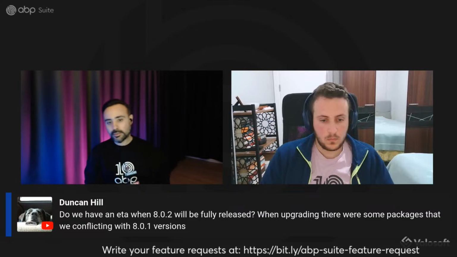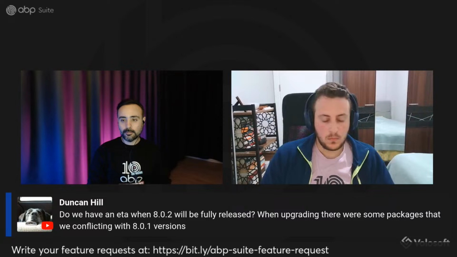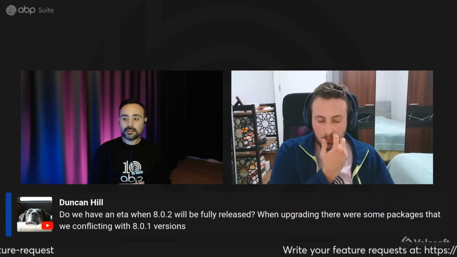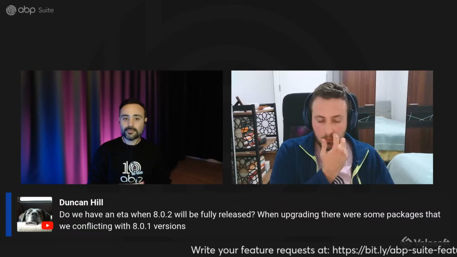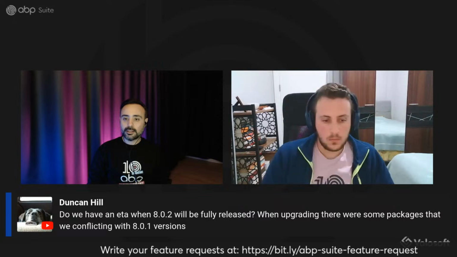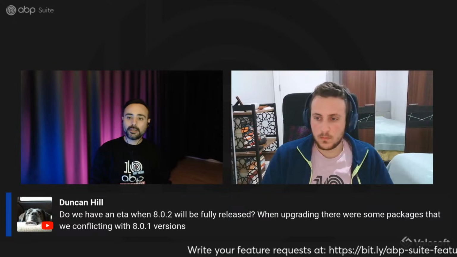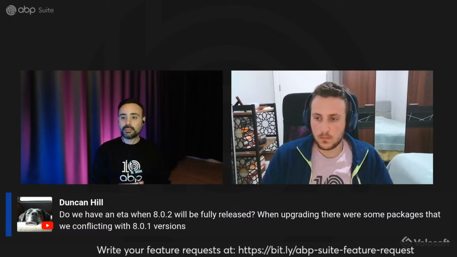Okay, sometimes when upgrading to a new version, you may have a problem with some of the packages not restoring. There is an understandable reason for this. The ABP platform has many NuGet packages and npm packages, and these packages cannot be published at the same time. So first, the ABP open source site is being deployed to NuGet and npm servers, and